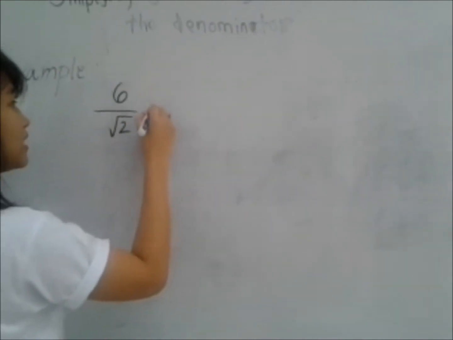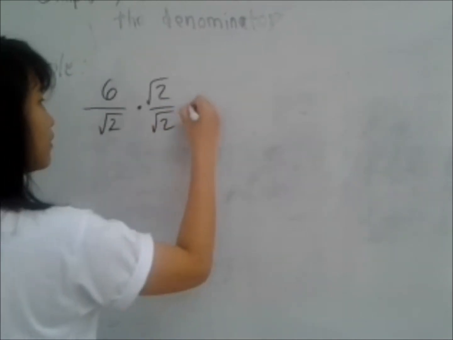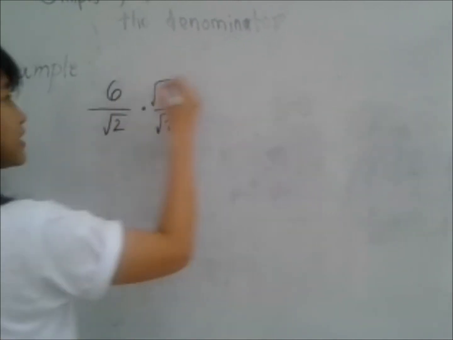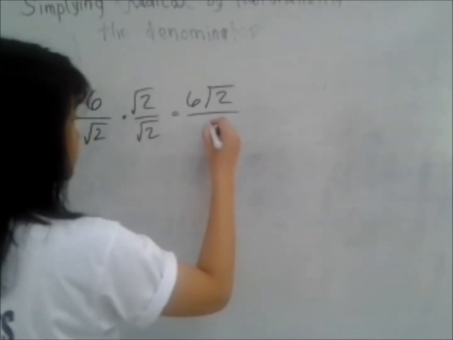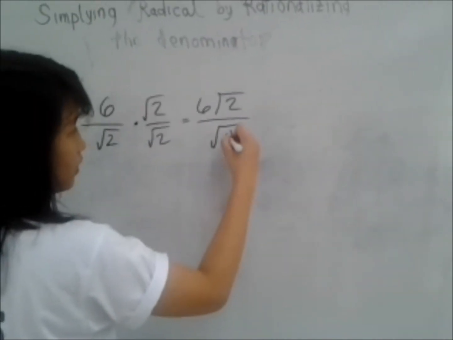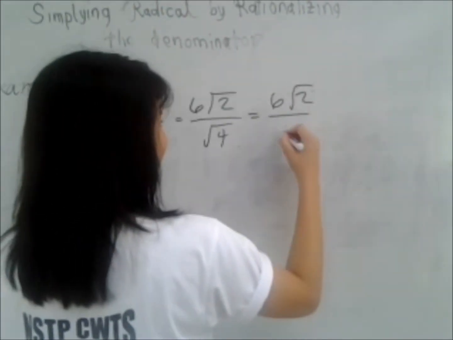Tapos, i-multiply sa square root of 2. Multiplication of radicals. So, equals 6 times 2 equals 6. Square root of 4. Times final square root of answer. Equals to square root of